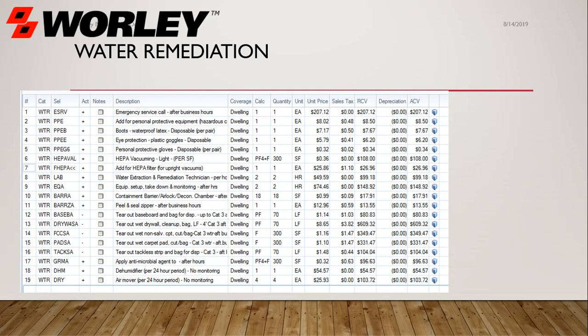So it's kind of simple logic when it comes to the water remediation and water inspection. In a lot of ways, I think that if you just approach it where you're trying to find out how long was the water running, how long was it exposed, take your time and go through each room at a time, document everything, and then when you go to do your water remediation, if you're writing an estimate,